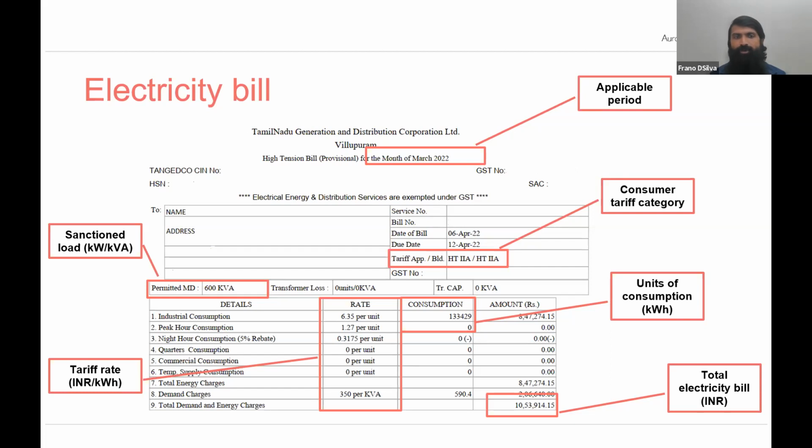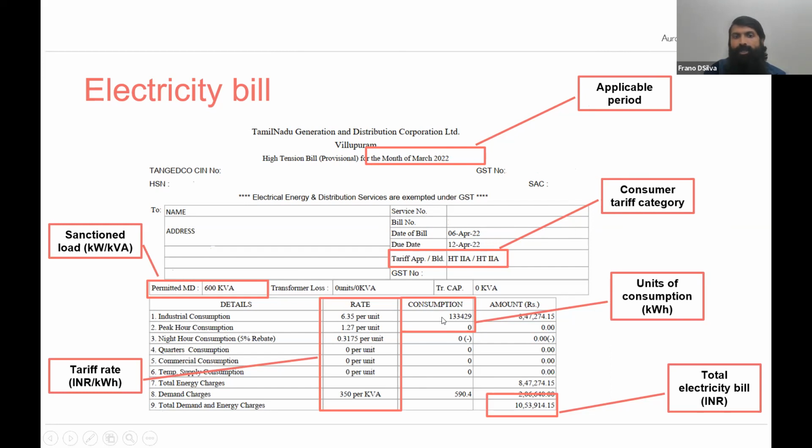In this slide, we have shown you an electricity bill for the HT connection. As you can see, the bill shows the application period, the sanction load of the connection, the tariff category under which the connection is applied for, the tariff rate under that category,